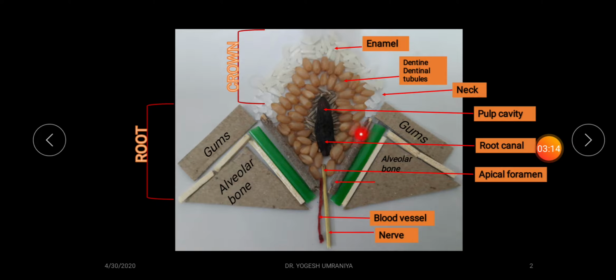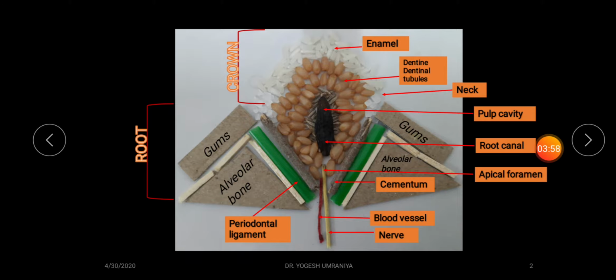Here you can see this brownish structure, that is known as the cementum, which has two components, cellular as well as acellular. Cellular cementum is located at the bottom, and this is the acellular aspect that is located at the top level, nearer to the neck of the tooth. Next, you can see this green structure that is connecting this cementum with the alveolar bone, and that is known as the periodontal ligament.